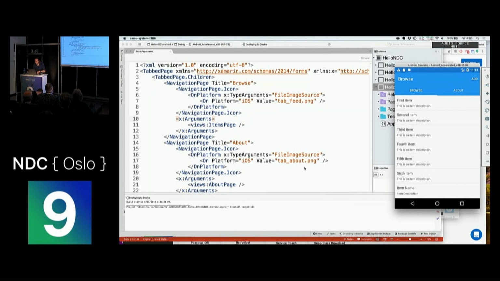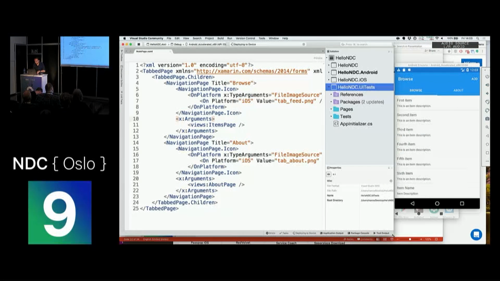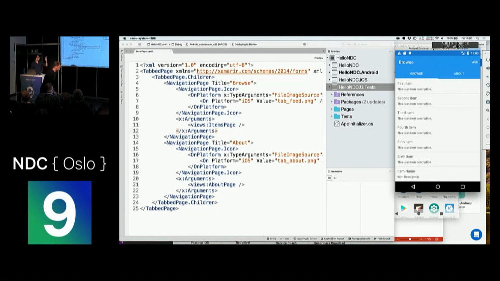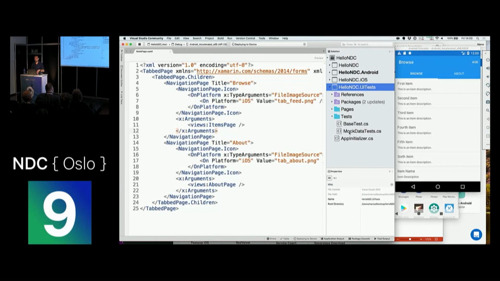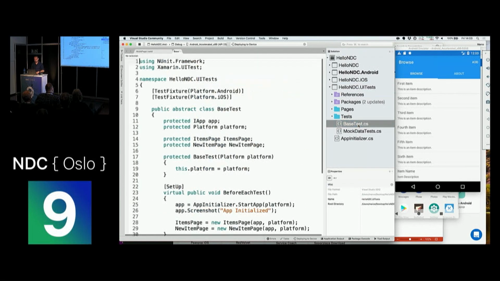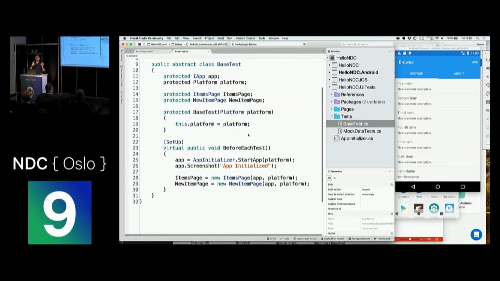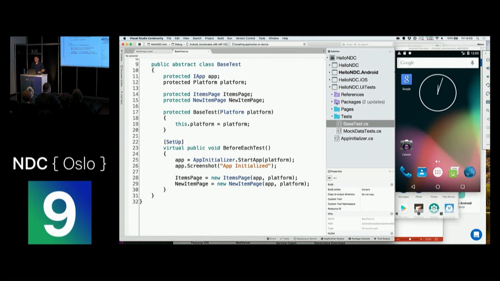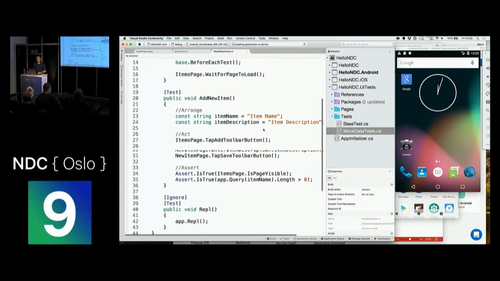I'll just put those next to each other. It is deploying to the device. I had it running already in the background, so that's why it's already up there. But what we'll see right over here is that we have certain kinds of tests, and a couple of just some basic code, nothing special going on over here. Finally, the emulator is running, installing the application on the device. So this will be fine.